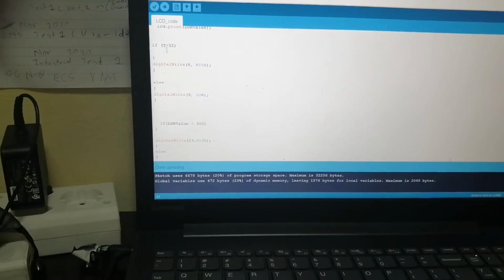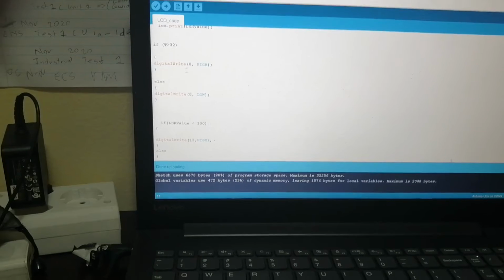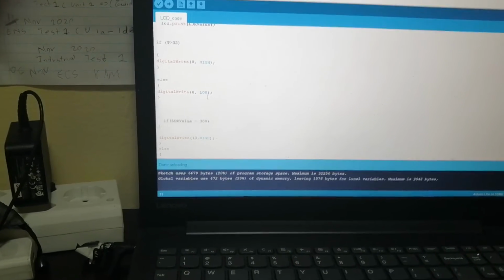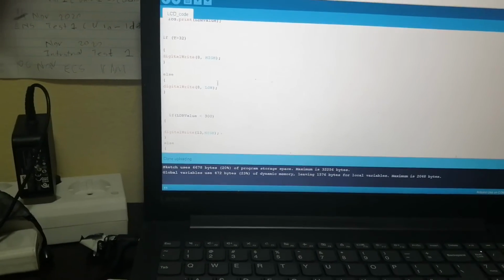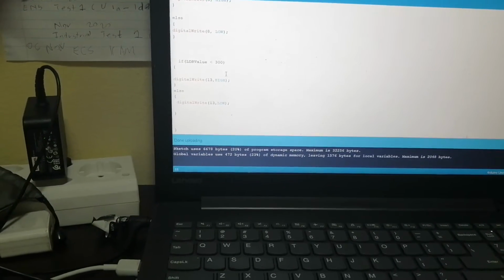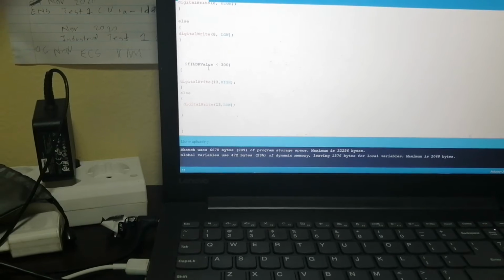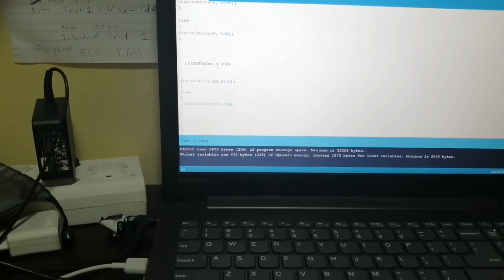If temperature is above 32 degrees Celsius, then it should activate the fan through the relay, but I will show you guys just now. Okay, same as the LDR value. If the brightness is above